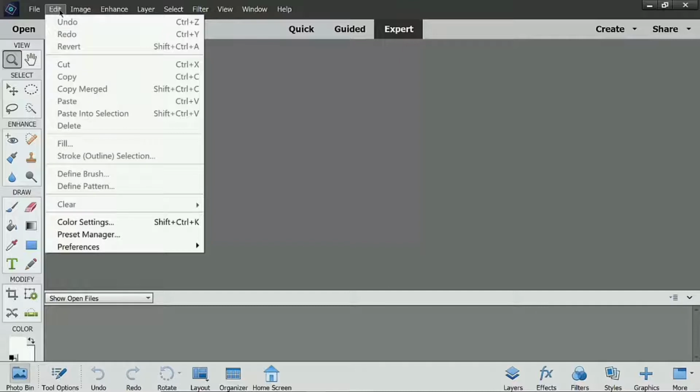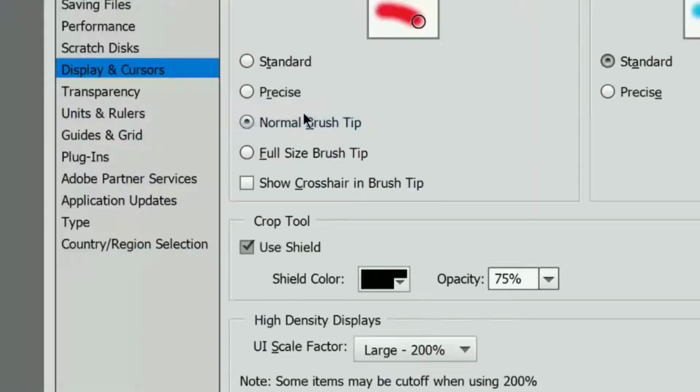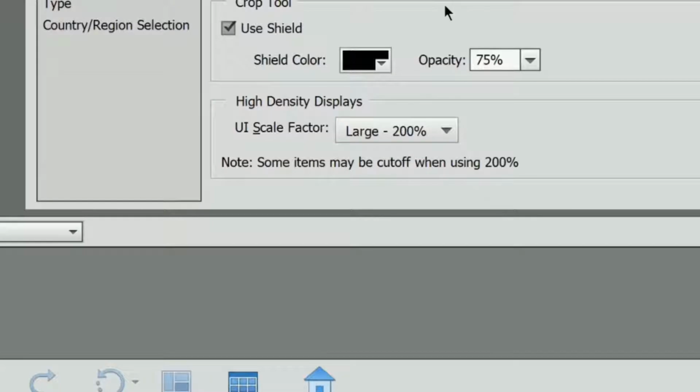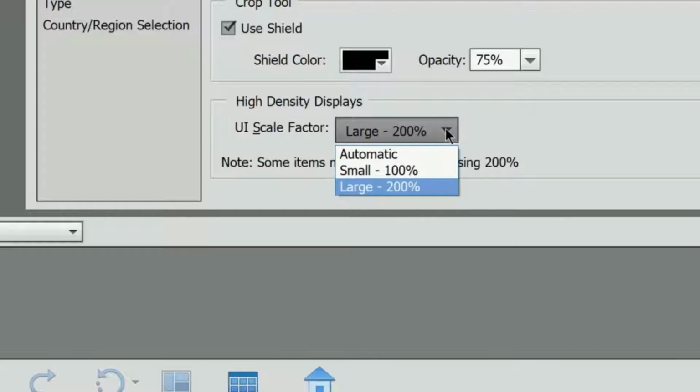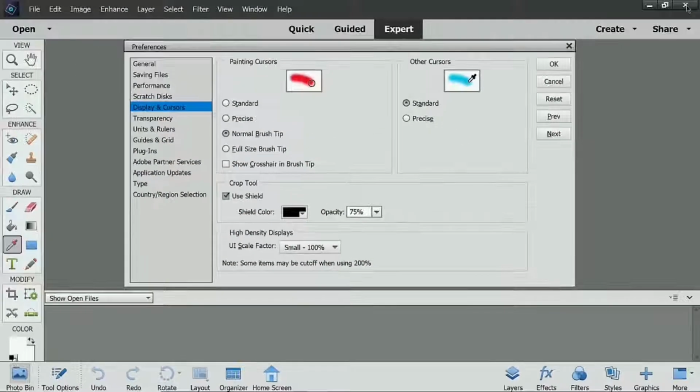You click on Edit, Preferences and scroll up to Display and Cursors. Click on that. Now down here at the bottom of this tab you can see UI scale factor, and at the moment it's set to large. So if I click the down arrow and make it small, which is the original one, I close the program, click OK,